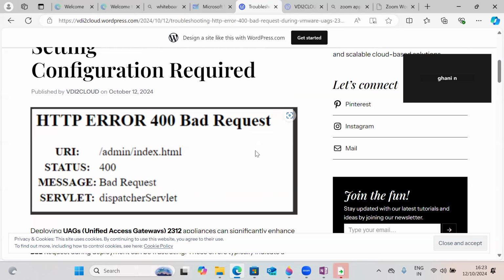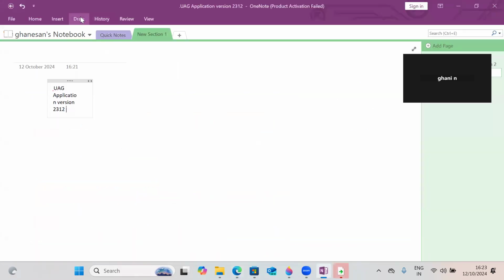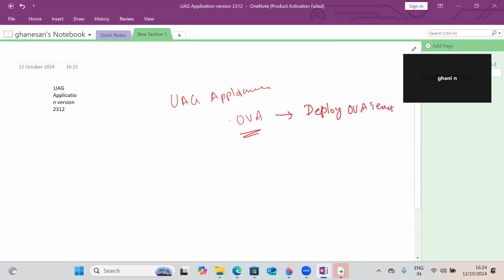If I do a normal installation, a normal OVF deployment, let me explain. The virtual appliance is available in .ovf format. So as usual, deploy the OVF template. Okay, so the version 2312. Once the deployment is completed successfully, we need